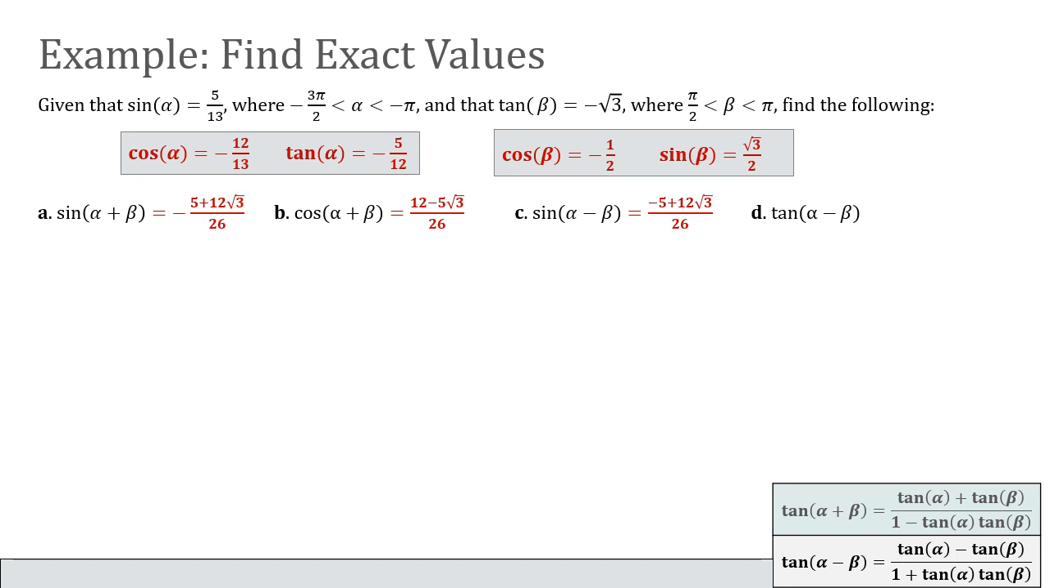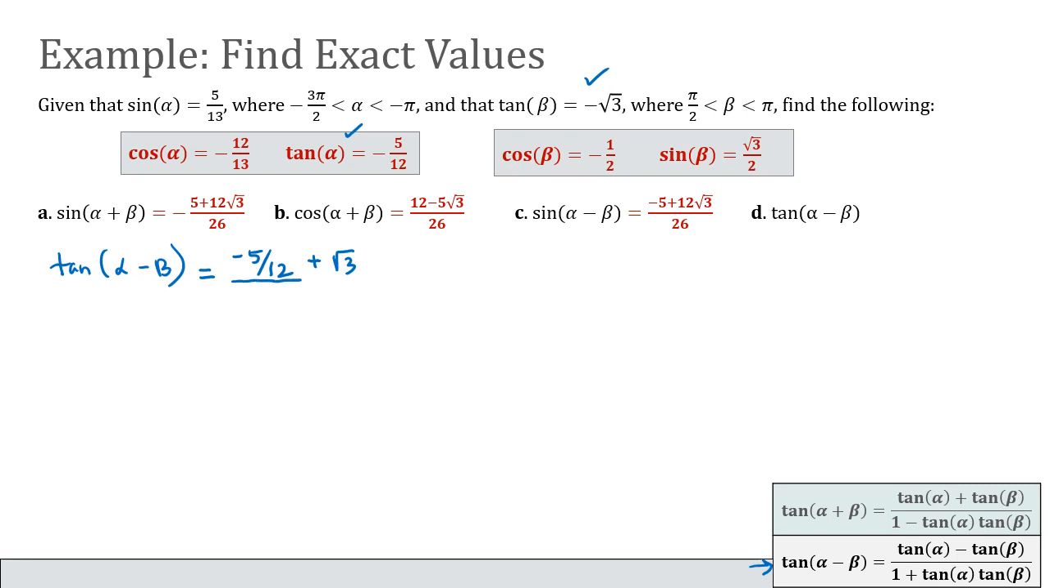Now let's take everything that we just learned to find part D, which is the tangent of alpha minus beta. So let me write that out. The tangent of alpha minus beta is equal to the tangent of alpha, and the tangent of alpha is negative 5 over 12, minus the tangent of beta. Tangent of beta was given to us, so we're minusing a negative, which is the same as adding, so square